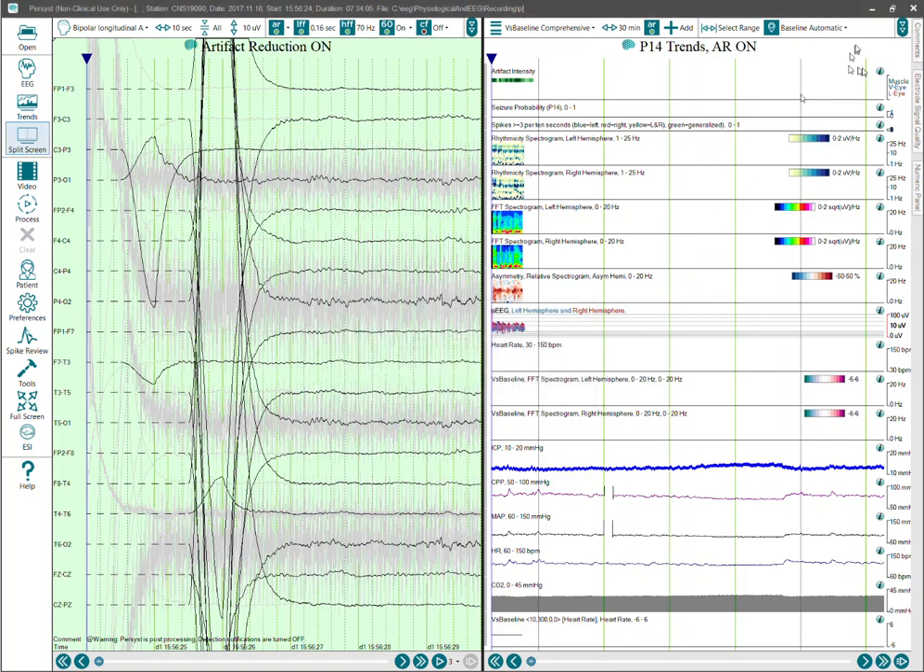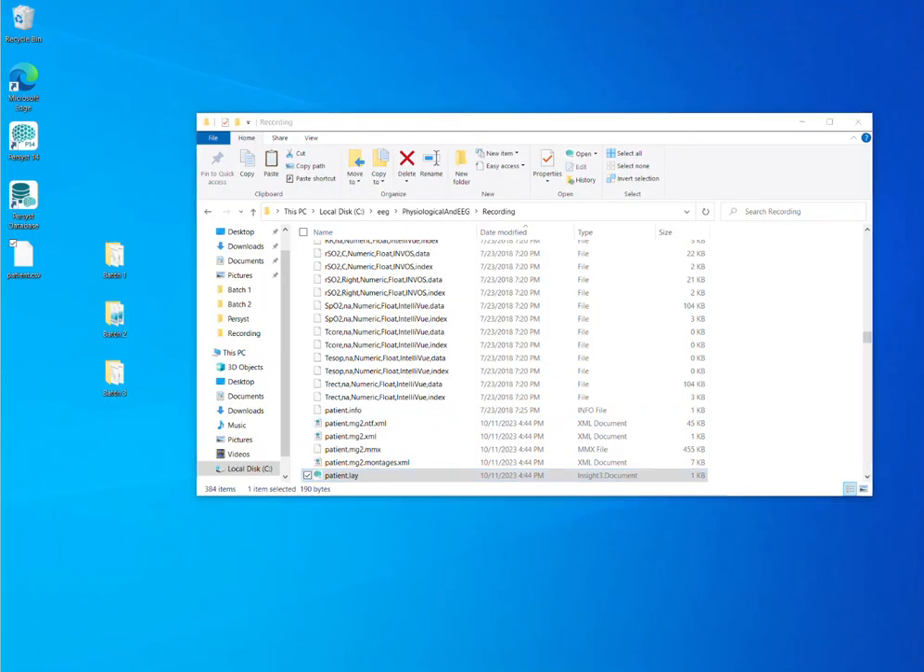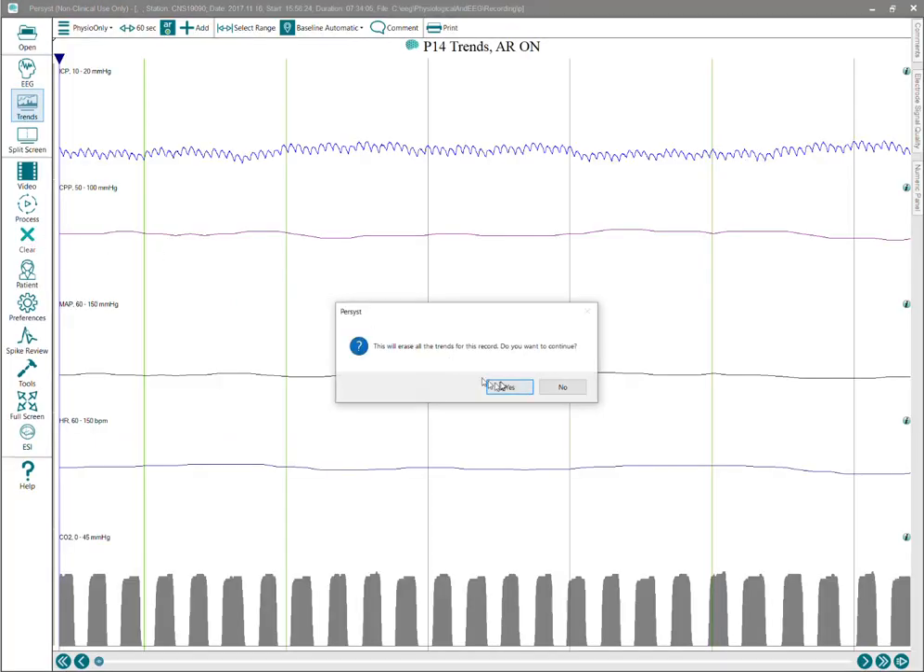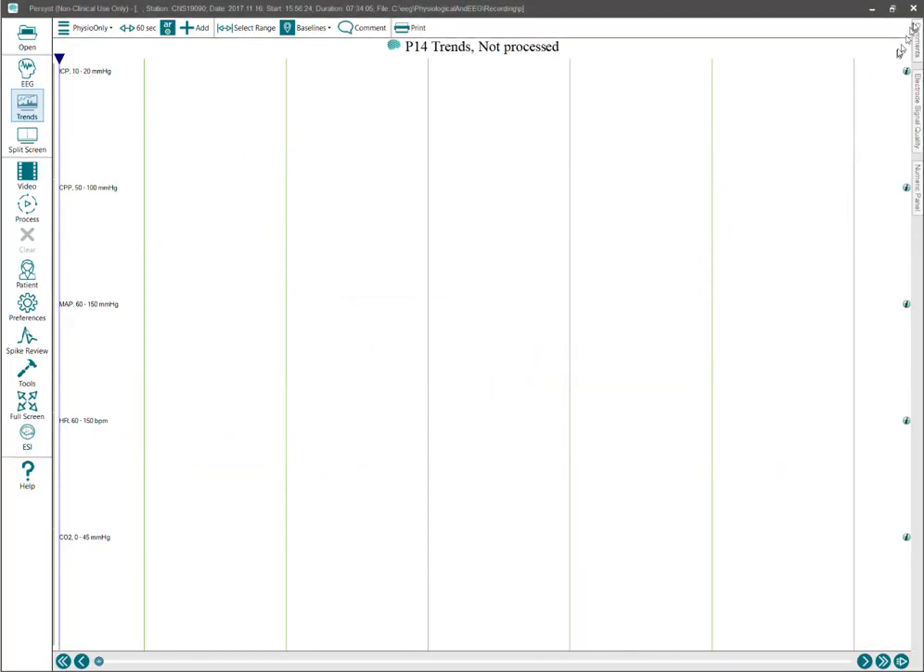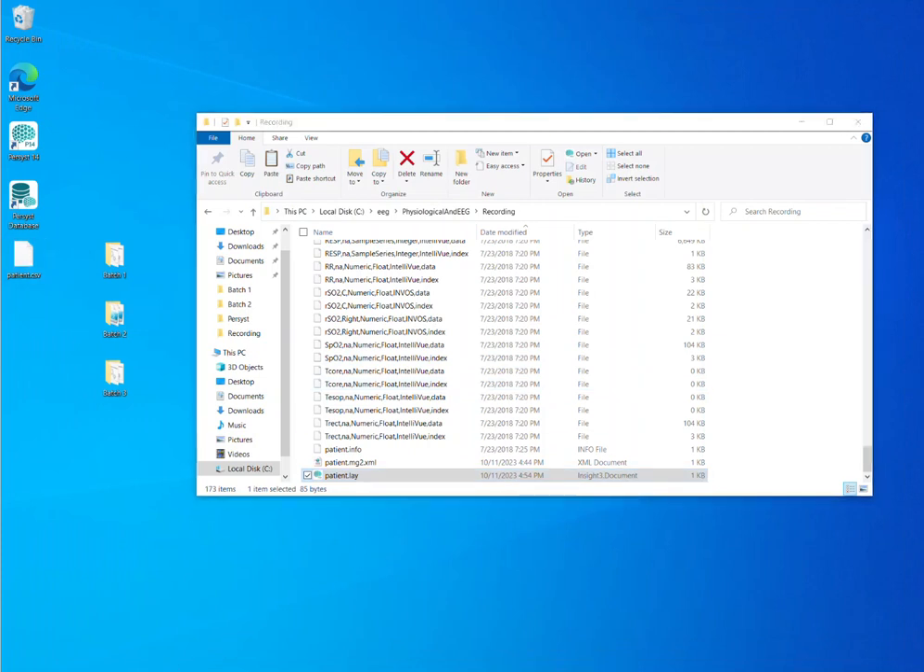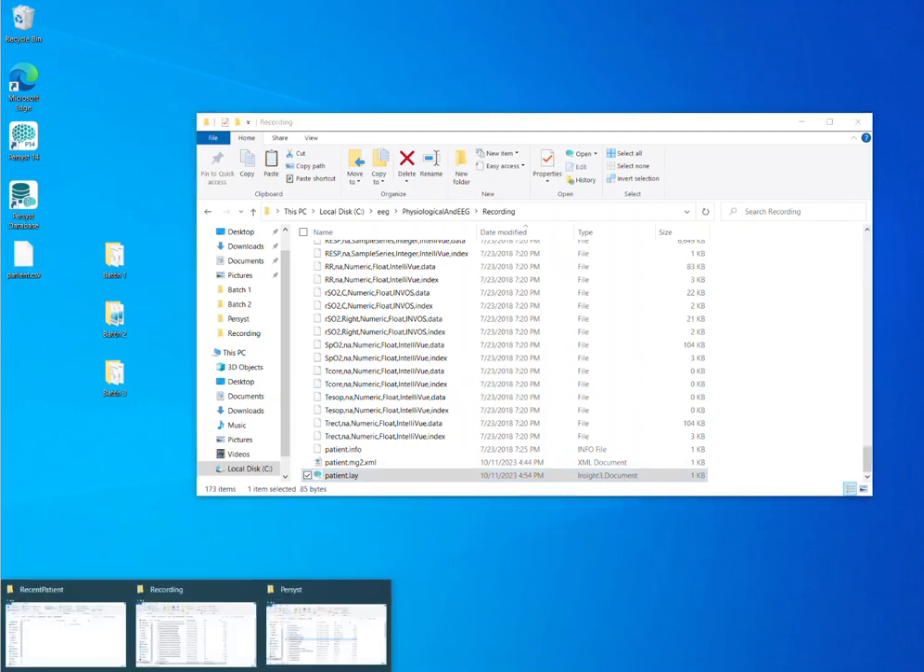Oh, it's probably open in another window, of course. Yep, I'm going to go ahead and close this. Clear out the trends so we have a fresh start. All right. So once we've done that, I'm going to go ahead and go to my